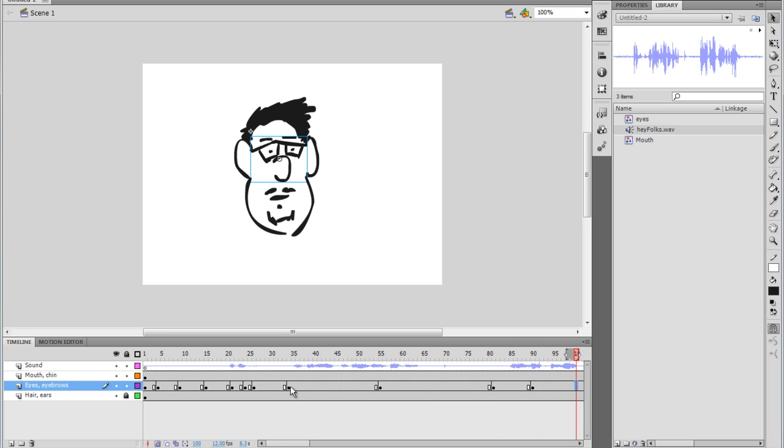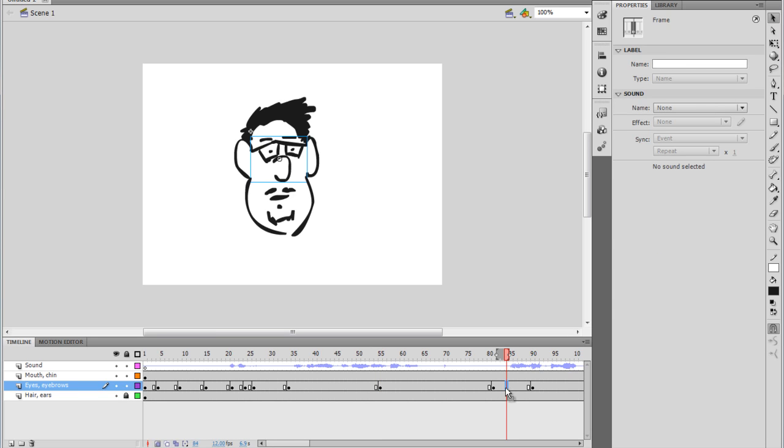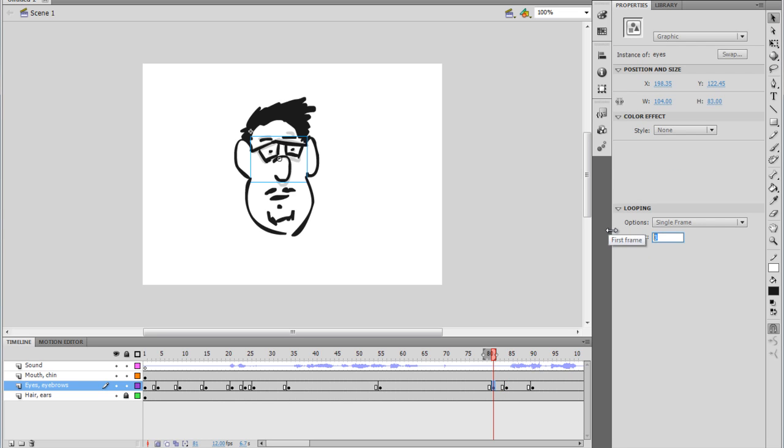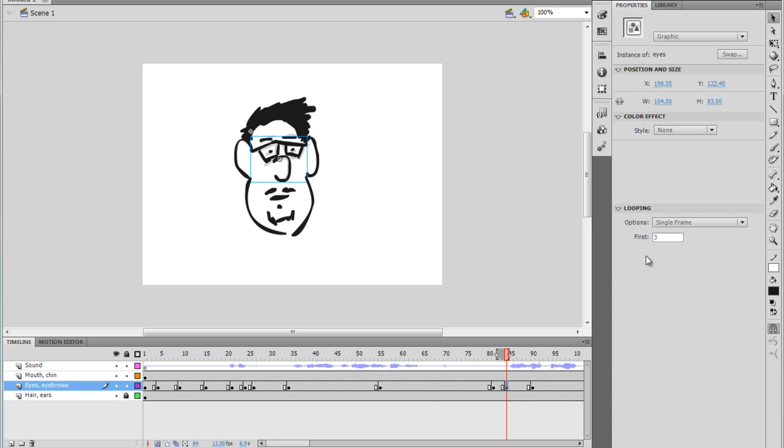So I'm just going to really quickly go back. Properties Inspector, frame 2, frame 1. We'll make them blink here really quick. So frame 4. Frame 1. I think that's going to be 3. So that's good enough. So now if I test it,